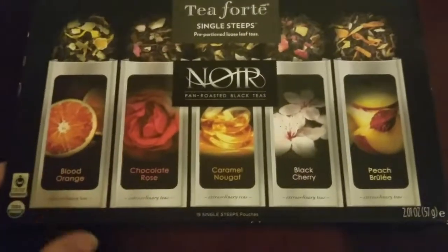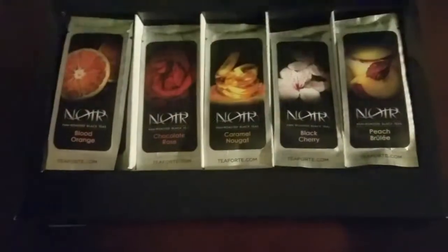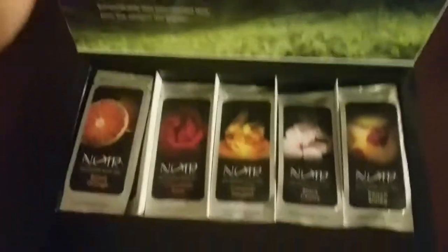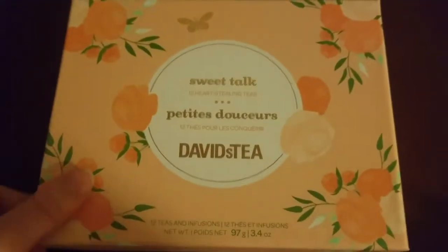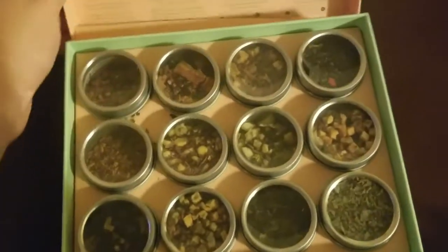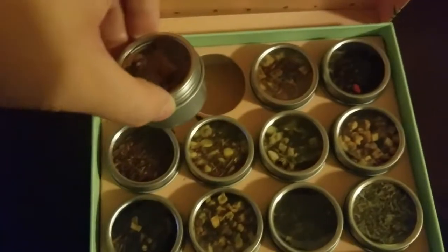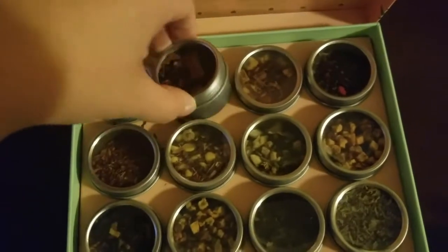I also have a handful of tea samplers that I've gotten as gifts over the years. This one came from a friend last Christmas with pan-roasted black teas in varying flavors. I also have this one, Sweet Talk from David's Tea, which I just love so much. Each of these teeny tiny sections actually matches the magnetic ones I have on my fridge really nicely, so I'm